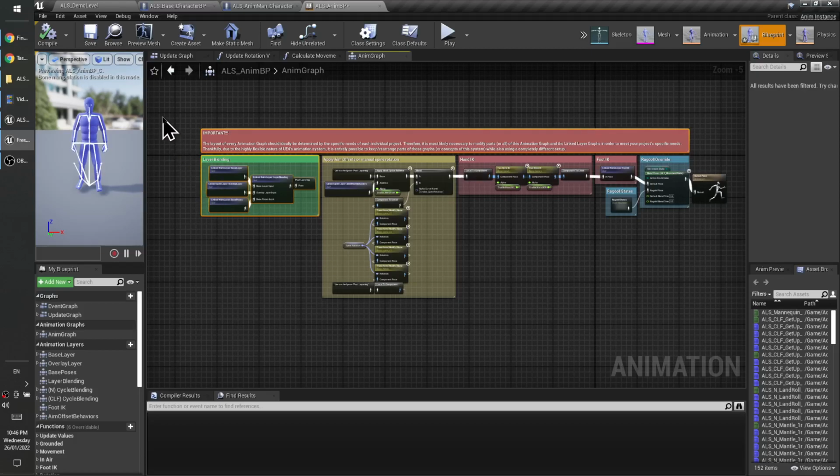ALS uses a system I will describe later, which is the overlay system, that lets the developer use just one frame, one single pose, to make an entire animation. So in the end, you need just a few frames to make a mechanic. Like for example,